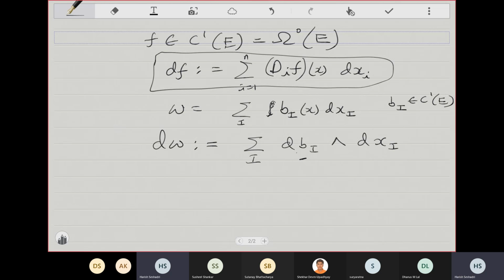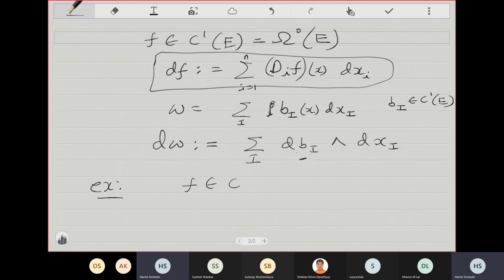This definition, as I tried to explain last time, is made keeping in mind various properties that we want. In particular, we would want d squared, d of d, to be 0, and d should satisfy some kind of Leibniz rule: d of a product should behave like our usual product rule for derivatives. Keeping all that in mind, this definition is made, and things will work out if we do it like this. But before that, let me do an example from Rudin